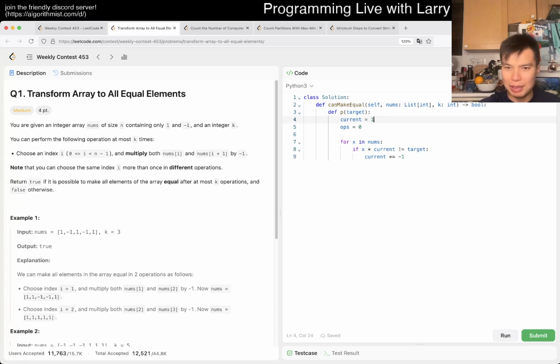So okay, I feel like I'm trying to be too clever. So let's try again: for i in range of n, if nums[i] is not equal to target, then we flip nums[i], and nums[i+1] we also flip, and ops increments by 1. Now nums[i] should be target, but here we want to do i minus 1, and then